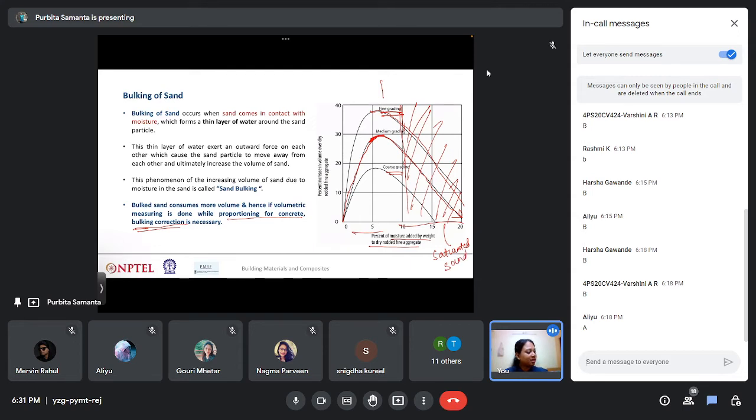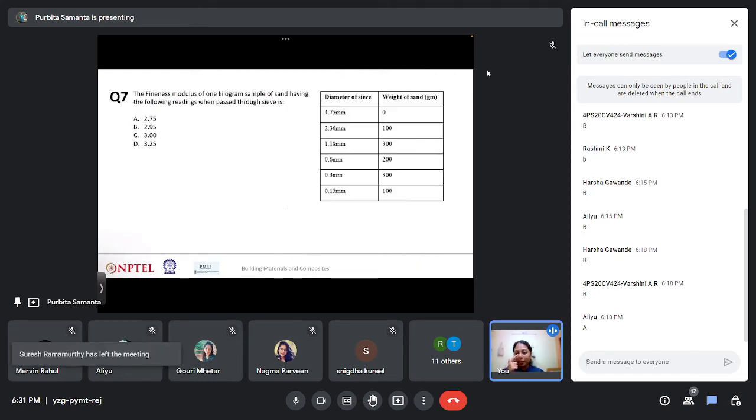Whereas till almost this part of the graph, you are into the bulking phase. I hope this is clear to you all, bulking of sand and how we can find it out. So now coming to our next question, the seventh question, which is about the fineness modulus of a 1 kilogram